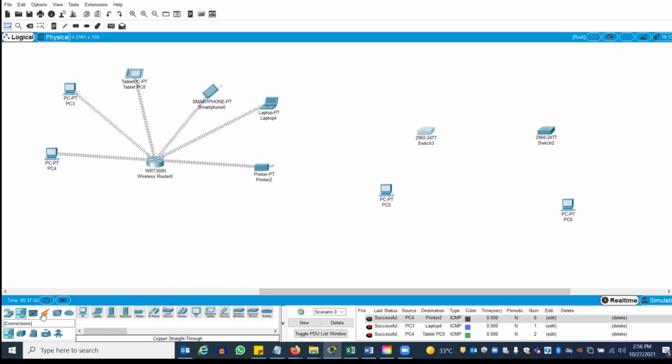Can someone tell me how should I connect? How should I connect? So which cable should I use between switches? Cross. This will help you for your projects. Cross cable. Yes.